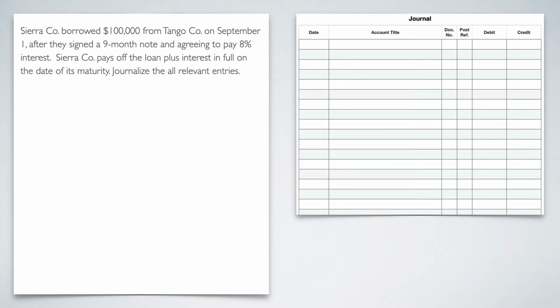First things first, we need to journalize us getting the loan, borrowing the loan. So we're getting cash. So 9-1, we're going to debit cash for the 100,000 because that's our principal. And then we're also going to credit notes payable because we're increasing our liability by 100,000. All right, that takes care of us just getting the note in and of itself. Then if we have any other yearly operational entries, that'll go there.